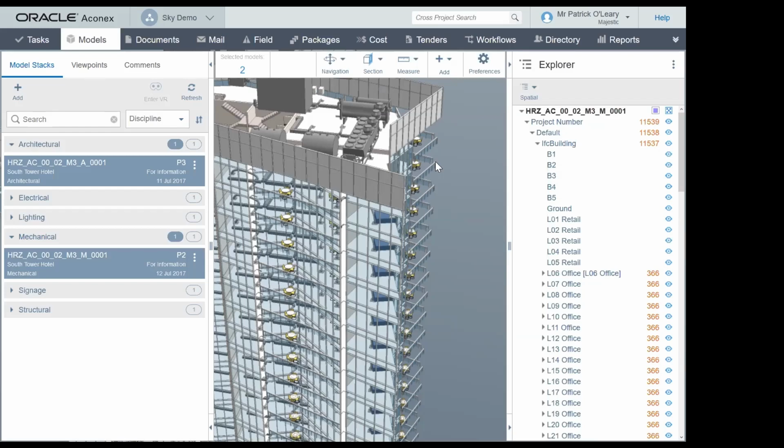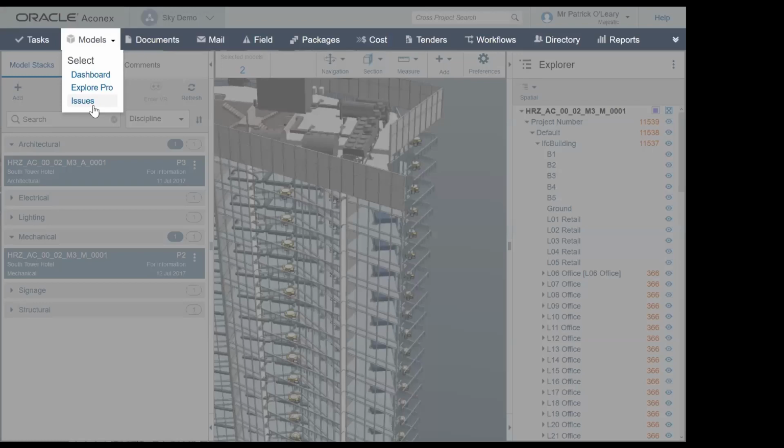in a single Aconex environment. And it's from that single Aconex environment where you then get the entire project team, the owner, the constructing company, the engineers, the suppliers, to all work off a single version of the truth, a single integrated, federated model. There's a bi-directional integration between Revit and Aconex, so that any changes in Revit update in Aconex, and any issues raised in Aconex go back into Revit for people to take action.